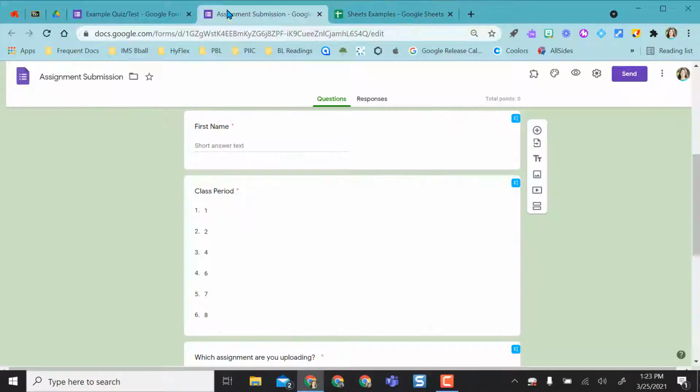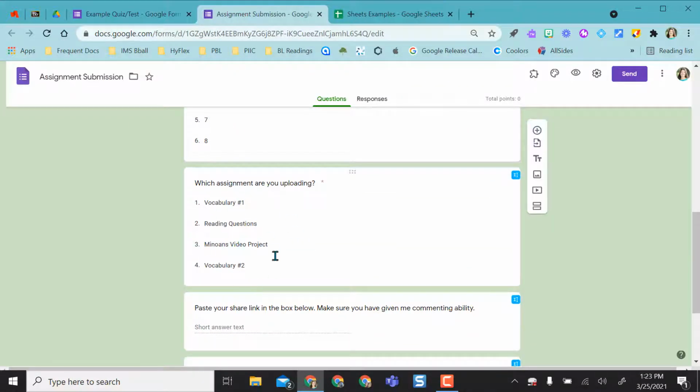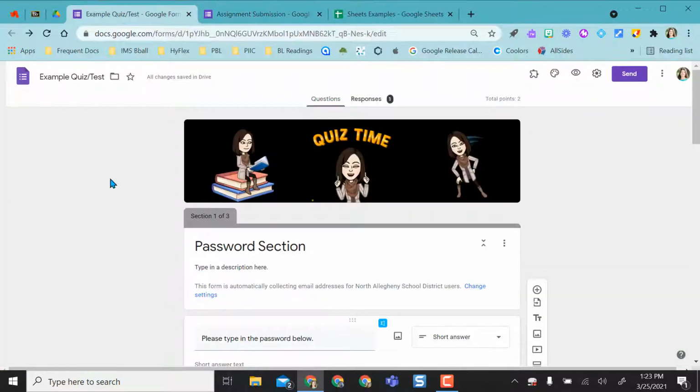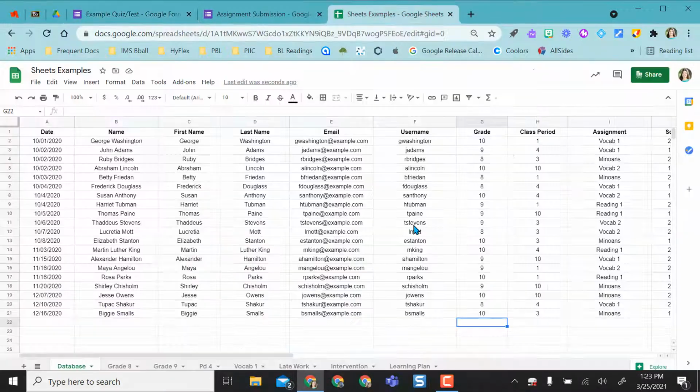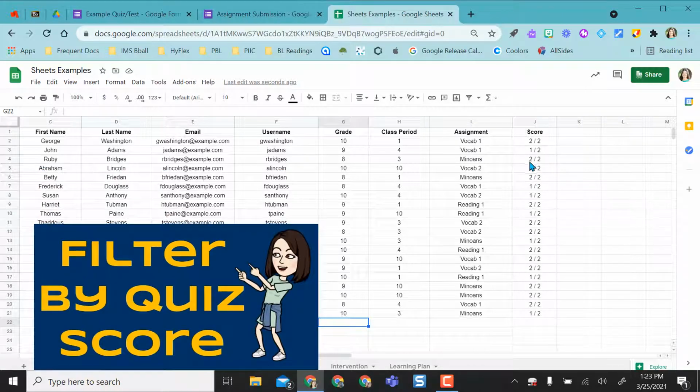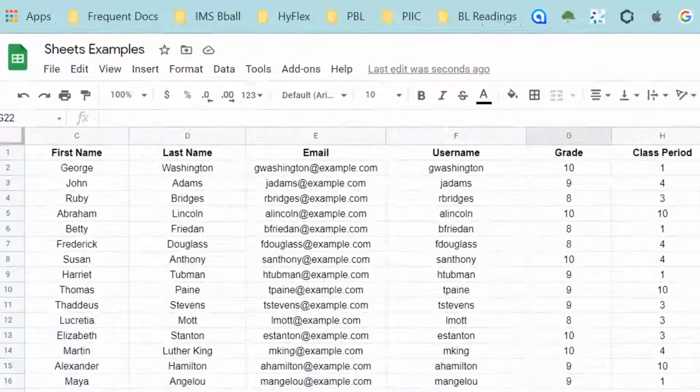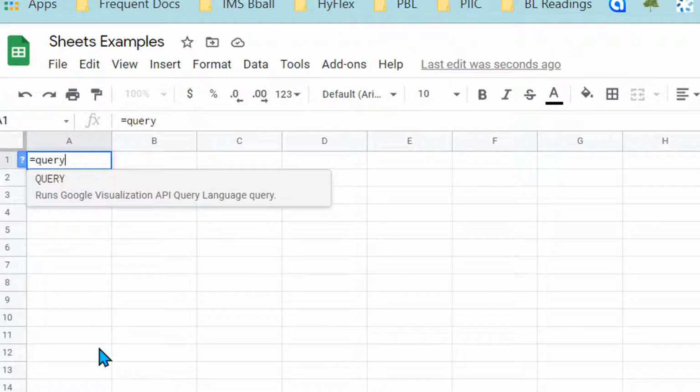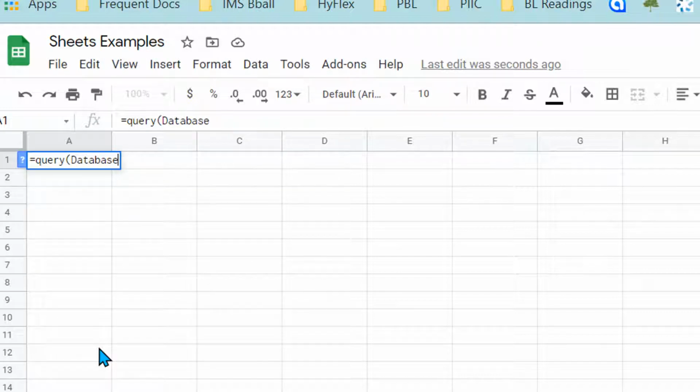So if I use the same form every time and they submit a different assignment they're uploading, I can separate by assignment. I can separate by class period. What I really like is if I do a quiz, I can actually separate by score. So the quiz I gave was only 2 questions. So really they could either get a 0, a 50, or 100. So any of my students that, based on score, I believe need an intervention, I'm going to add them to this spreadsheet. That's going to be that database, exclamation, A to J, and I'm going to select where,